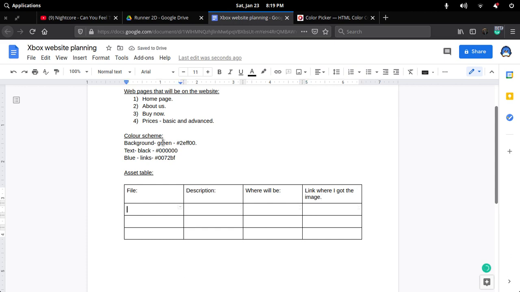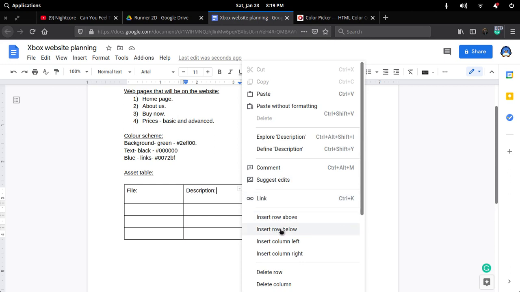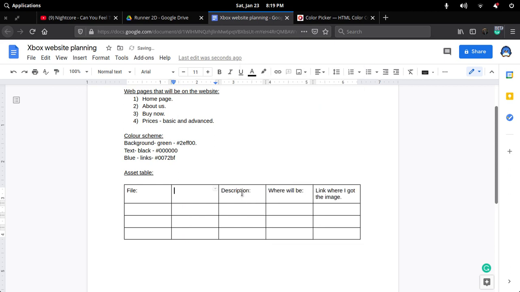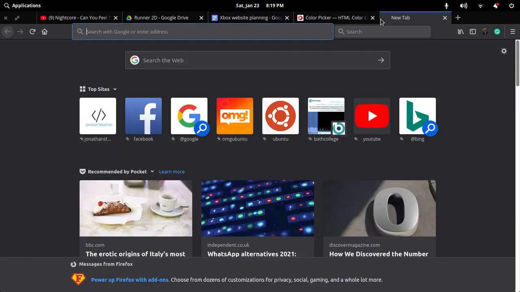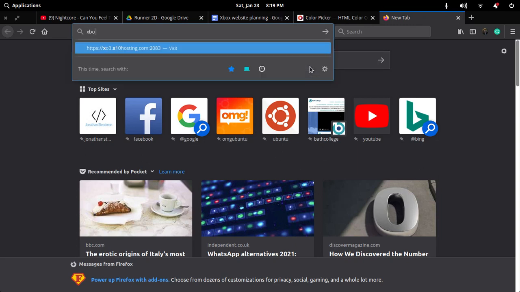And then we do need to add one more, just a file format. Okay, insert row left, and now for that one, put down file format. So basically these are what you would normally need in a website, in the asset table. Okay, so basically if I go to the Xbox images,